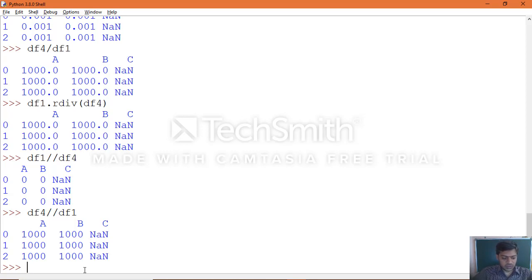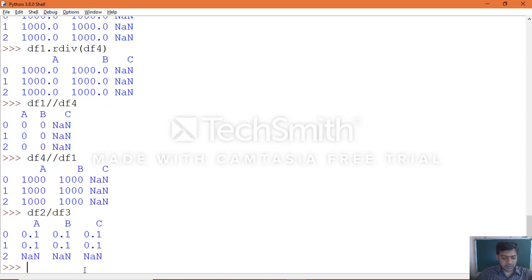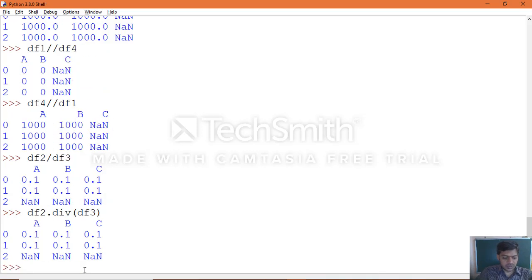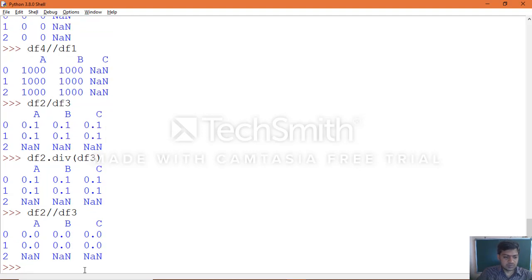Now in the same manner you can work with df2 divided by df3, then apply df2.div(df3). As you can see with floor division, here is the output. The difference you can check is that if only one value is NaN, you will see float results.